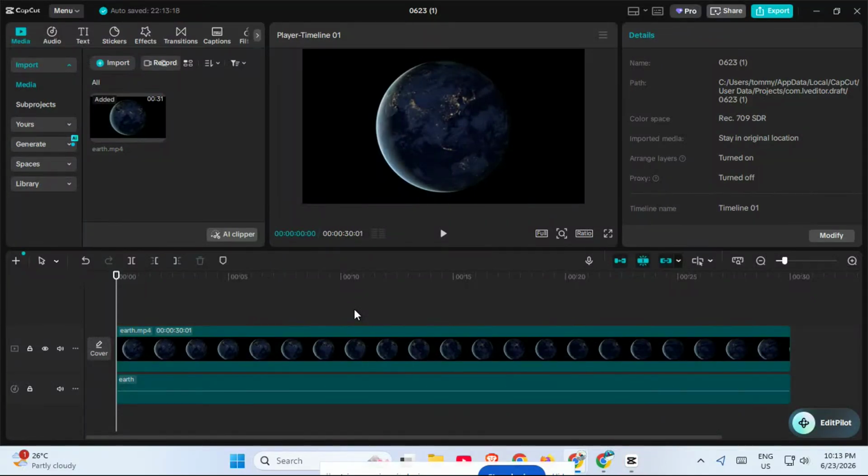If CapCut is lagging, freezing, or just feeling slow, don't worry. In this video, I'll show you a few quick fixes that can make a big difference right away. These steps are simple, safe, and perfect if you want smoother editing without needing to reinstall the app or change